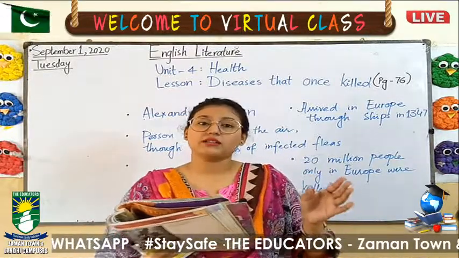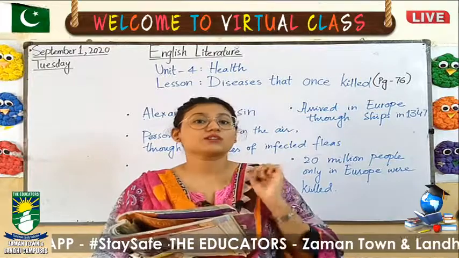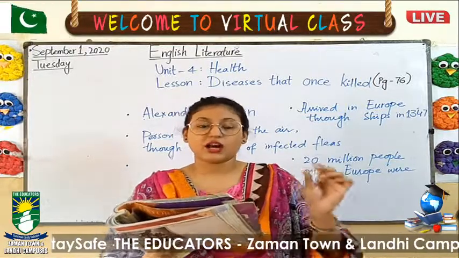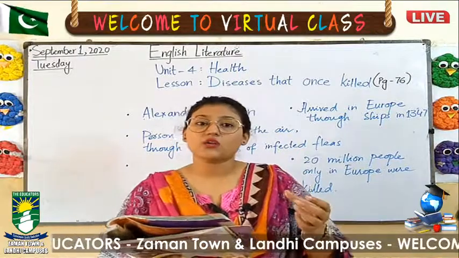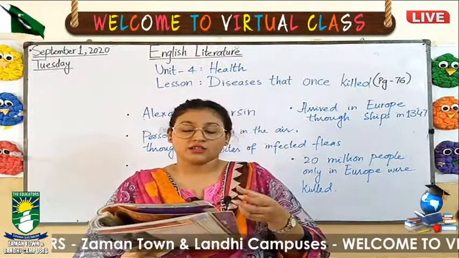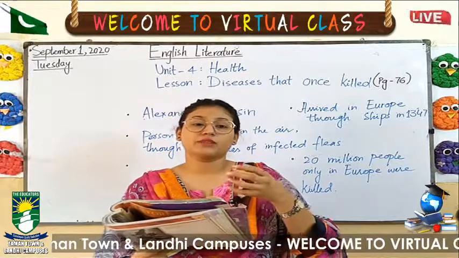It was spread by fleas, small wingless insects, infected fleas. A parasitic insect they are called, which sucks blood from a human's body,